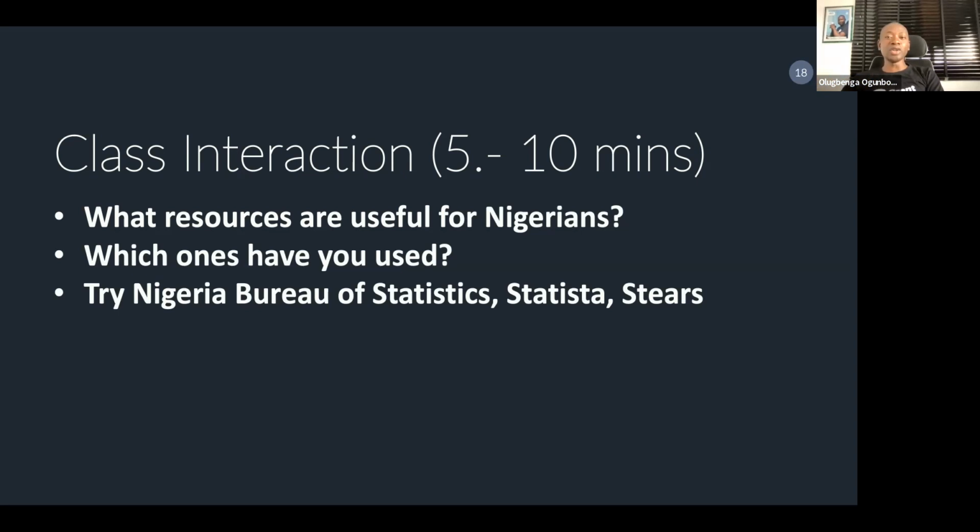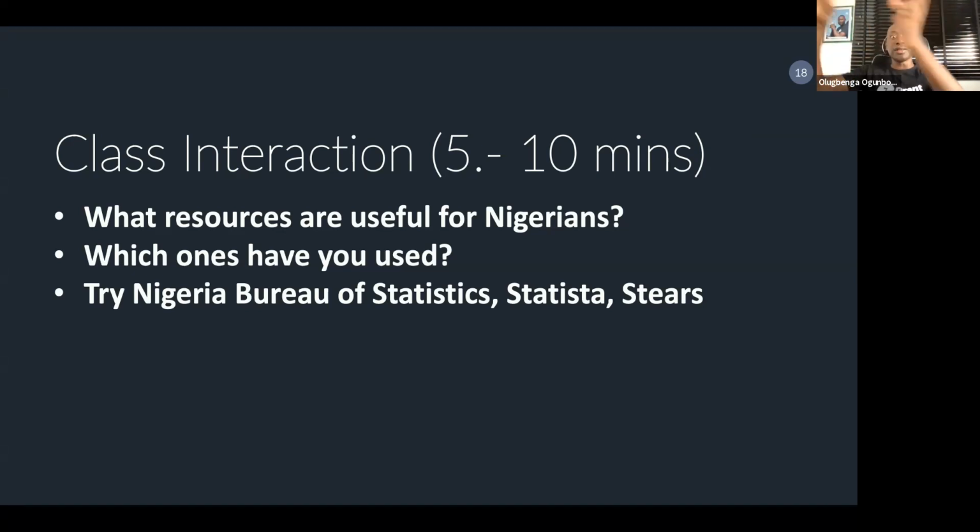For example, how do I know the unemployment rate in Nigeria? The Nigeria Bureau of Statistics. How do I know the population of Nigeria? I probably need to check NBS or check Statista. How do I know the power generation statistics of Nigeria? I can check STS. So these are some of the resources, but I want to ask you: